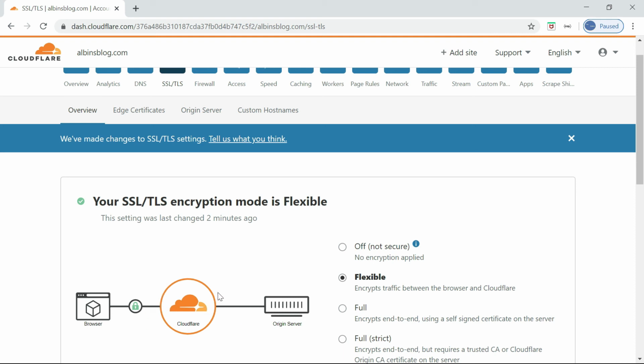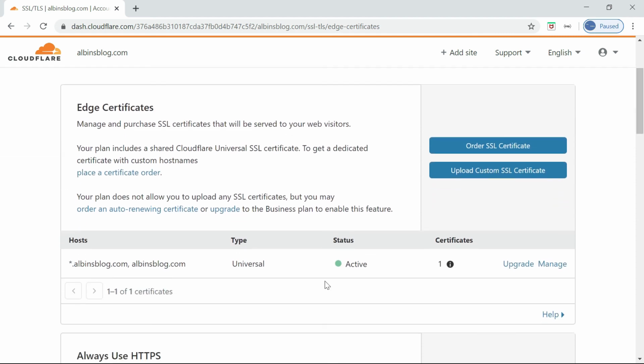So here Cloudflare is going to provide the certificate. You can go into the edge certificates. So you can have different options. Right now I am using the universal certificate. That's the default option. You don't have to pay anything for this, it's free. So when you manage your domain through Cloudflare, this is free. The top domain and all subdomains are supported. It's already active. So you can upgrade the certificate. You can have your own SSL certificate, or you can upload a custom SSL certificate from outside, from, let's say, Let's Encrypt or anything else. So other providers' certificates you can upload. Or you can even order an SSL certificate through this.